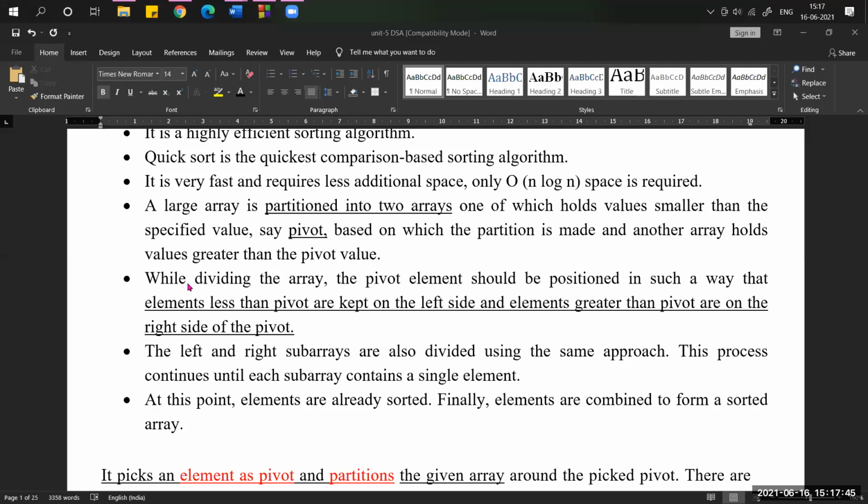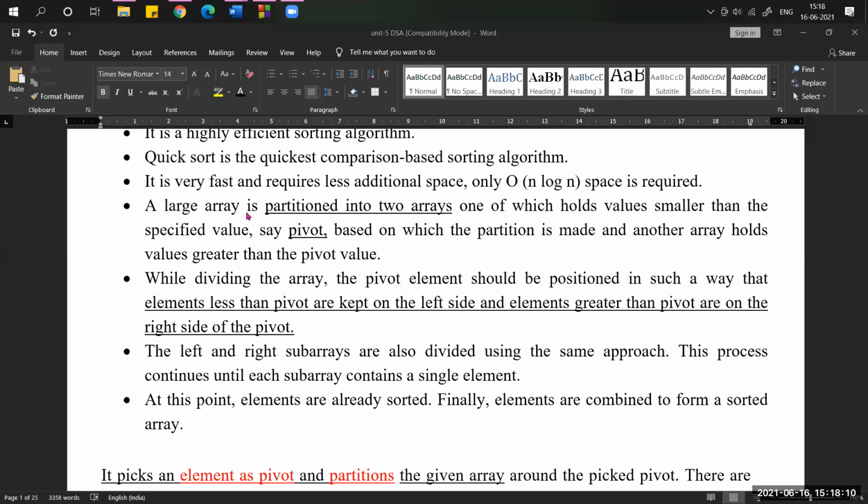Whenever we are dividing the array based on the pivot element, we are going to compare each and every element from the given large array.